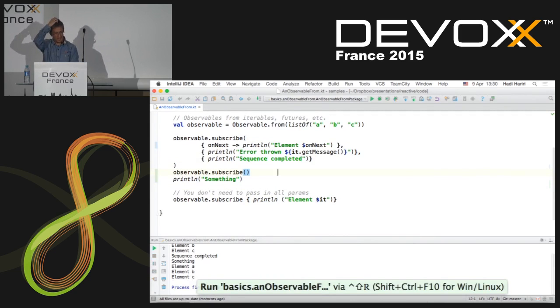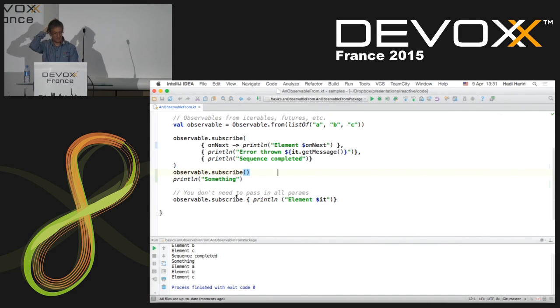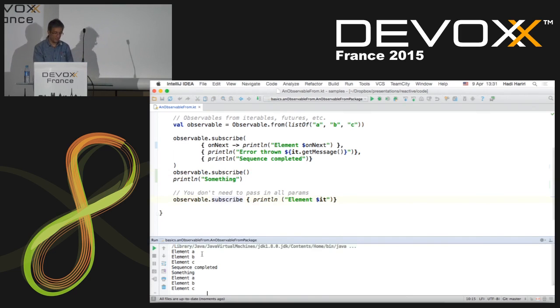So you see it says element A, element B, element C, sequence completed, something, element A, element B, element C. Right? So what I've done is it's looped through this, it's printed it out, and then it's printed something, and then it's come here and printed ABC again. So 2 subscriptions. Now one thing is very important here to notice, and we'll see the difference here, that every